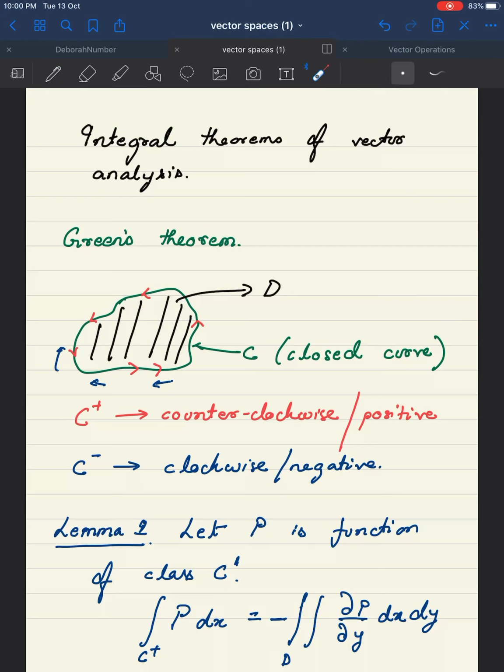So this particular one dimensional integral is equal to this area integral, where now you have del P del y, integrated over the entire domain. Okay. We're not going to go into the proof of this,